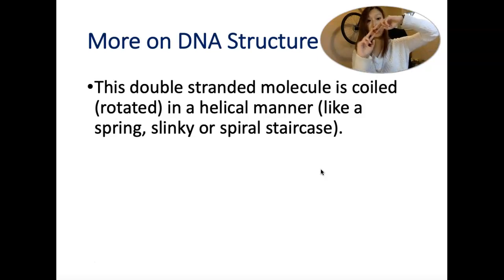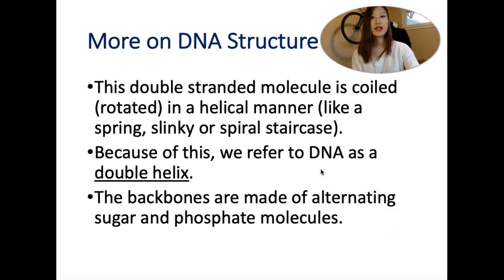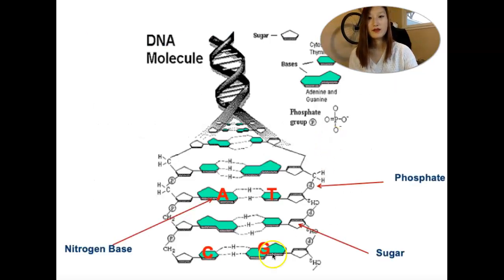Because it doesn't just match, and it's not just anti-parallel, it also twists. So we say it's a double helix, right? And again, the backbones are made out of alternating sugar and phosphate molecules. Look at this one more time. We have sugar, phosphate, sugar, phosphate, sugar, phosphate on the outside, and then inside the DNA where we actually